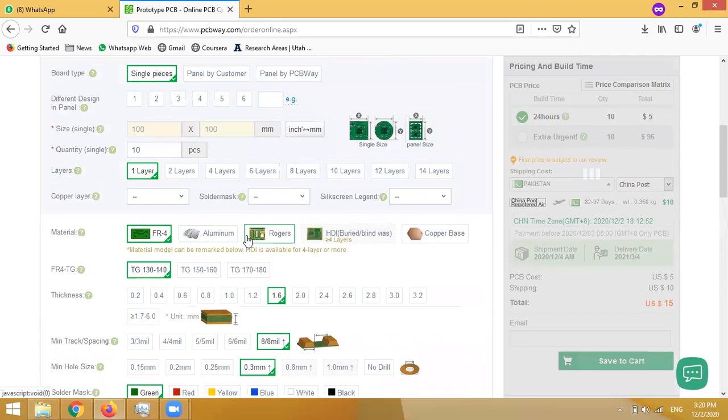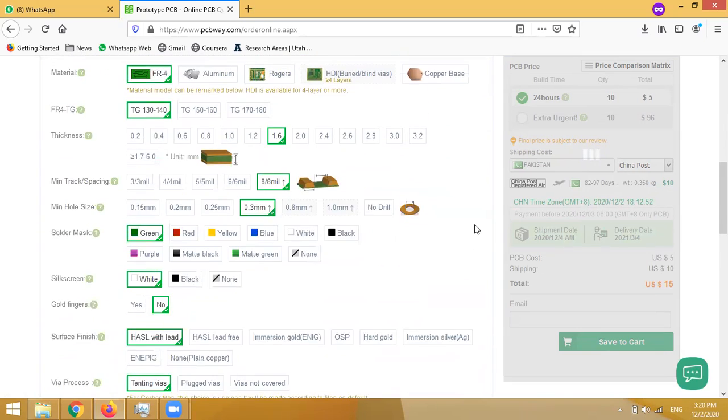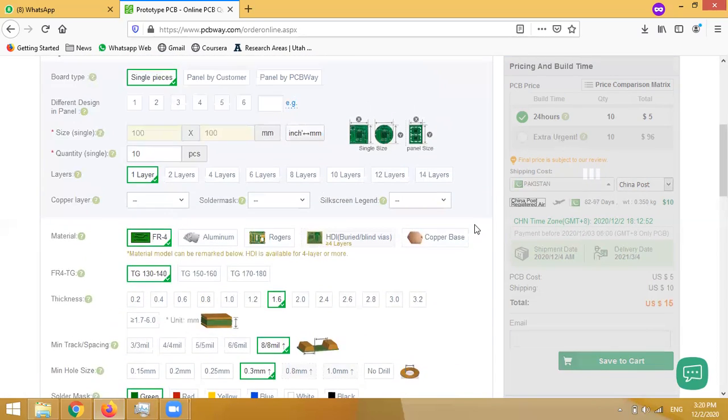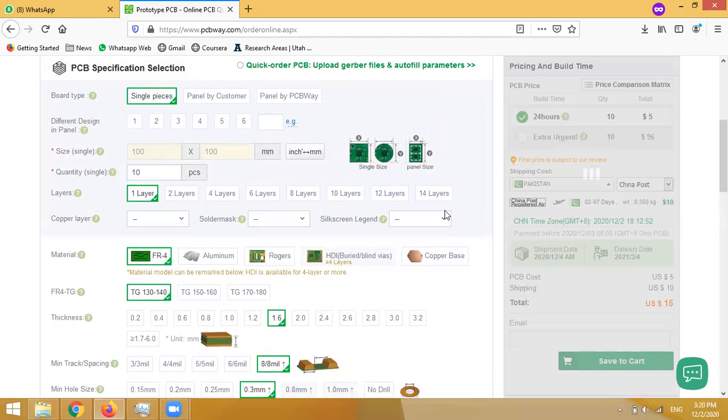In fact, all of these settings are just fine if you go with the default settings, and if you increase any of these settings, this will increase the price